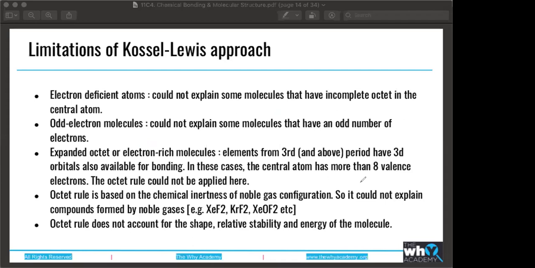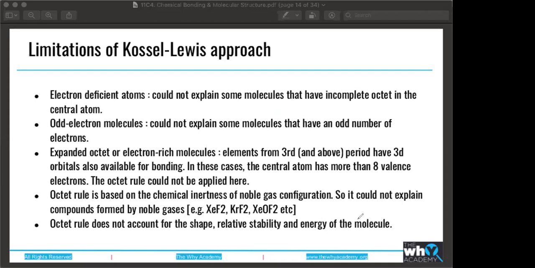But there are some compounds with noble gases that have been identified. Not all noble gases, but specifically only xenon and krypton, and even then they form compounds only with extremely highly electronegative elements like fluorine and oxygen. So this particular property was also not explained, and the octet rule does not account for shape, relative stability, and energy